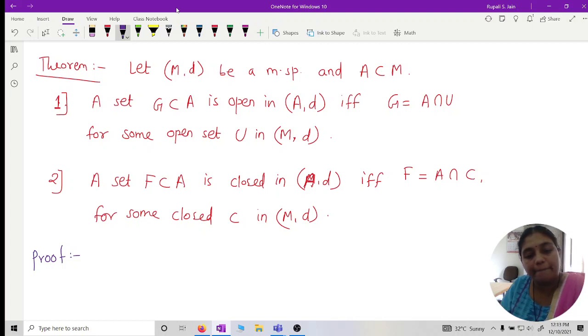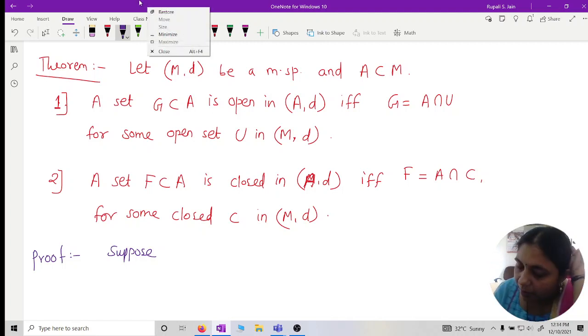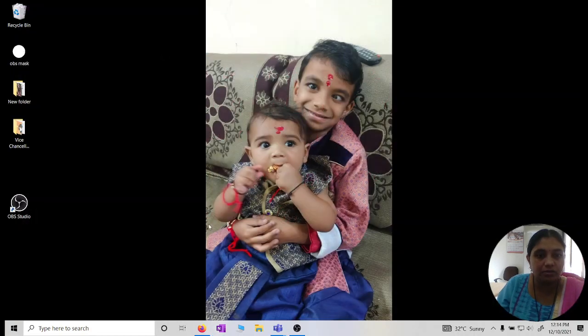Proof. So what is given? G is open in relative metric space, and we have to prove G can be written as A intersection U for some open set U in MD. Suppose G is not empty. Suppose it is empty, how can I write? Every empty set, empty set is open. If G is equal to empty,